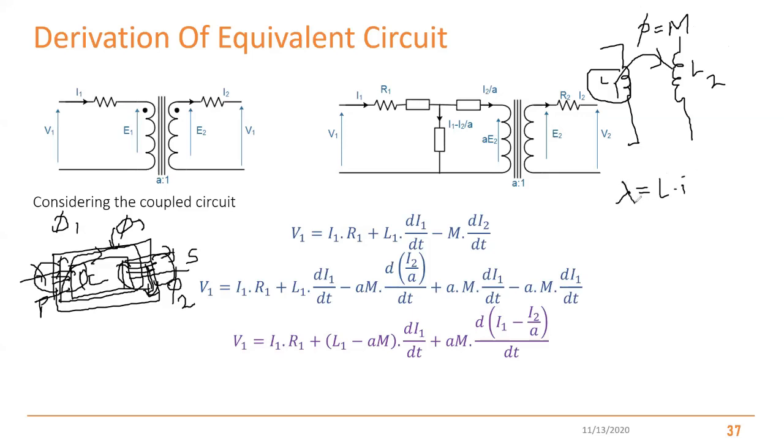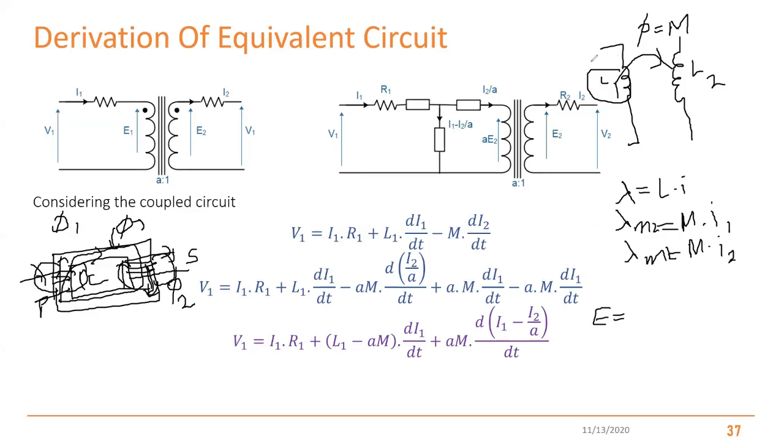So I can write the flux linkage due to mutual coupling as M times I1. In the same way, the mutual coupling to the primary from the secondary is M times I2. Therefore, if I write the induced EMF equations, I can write,